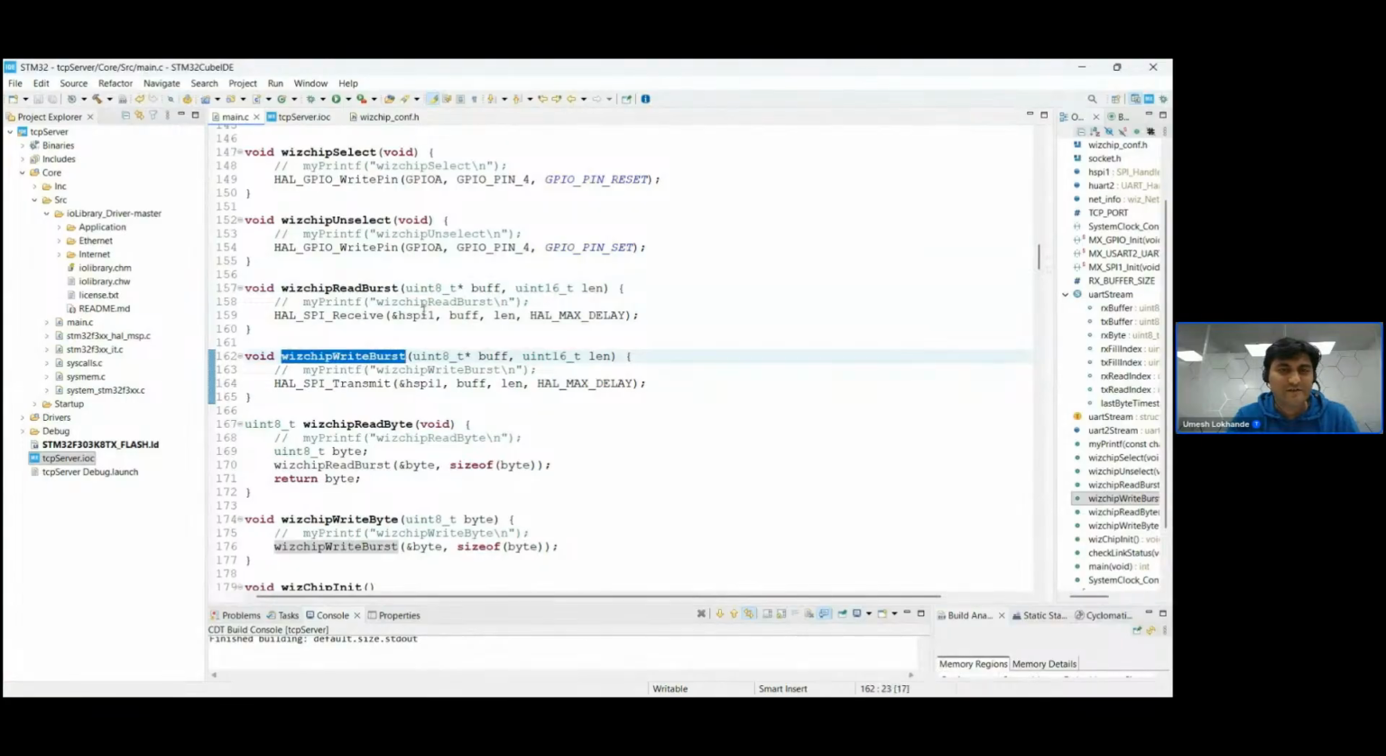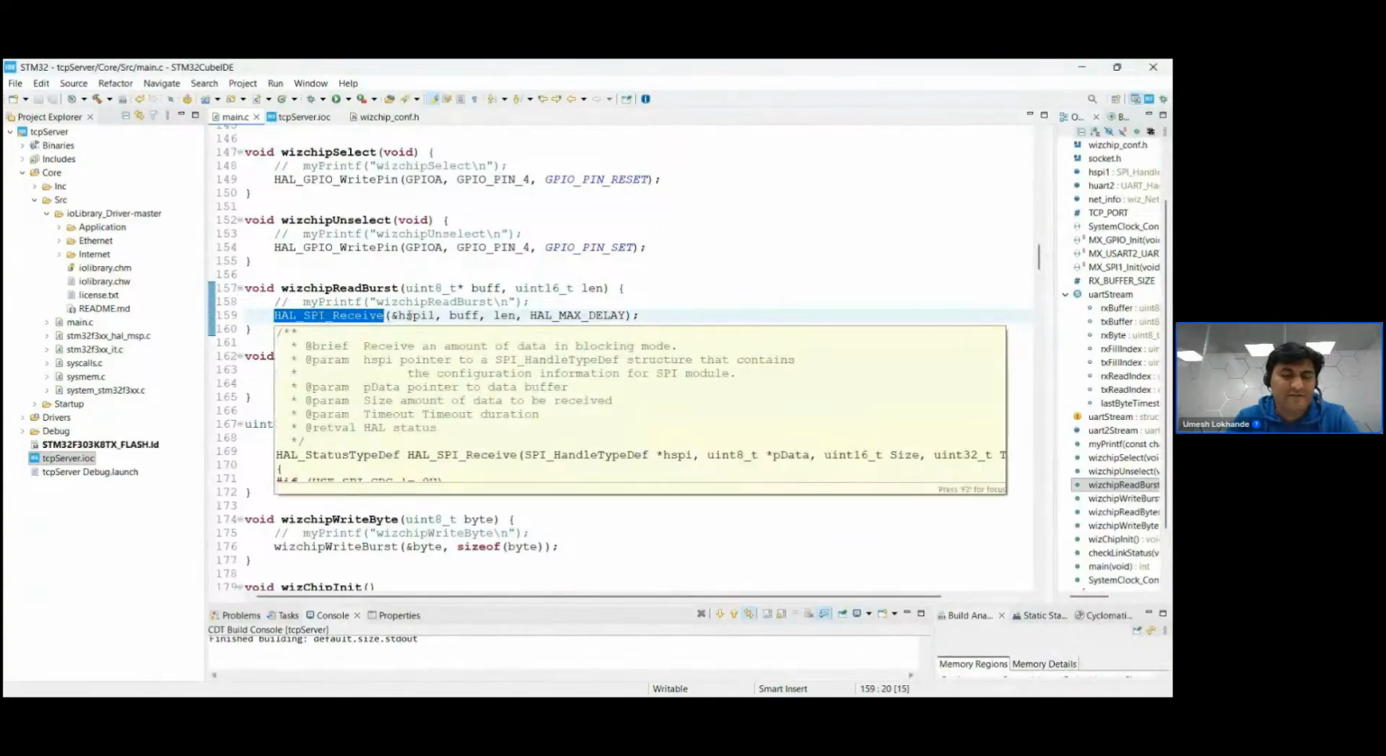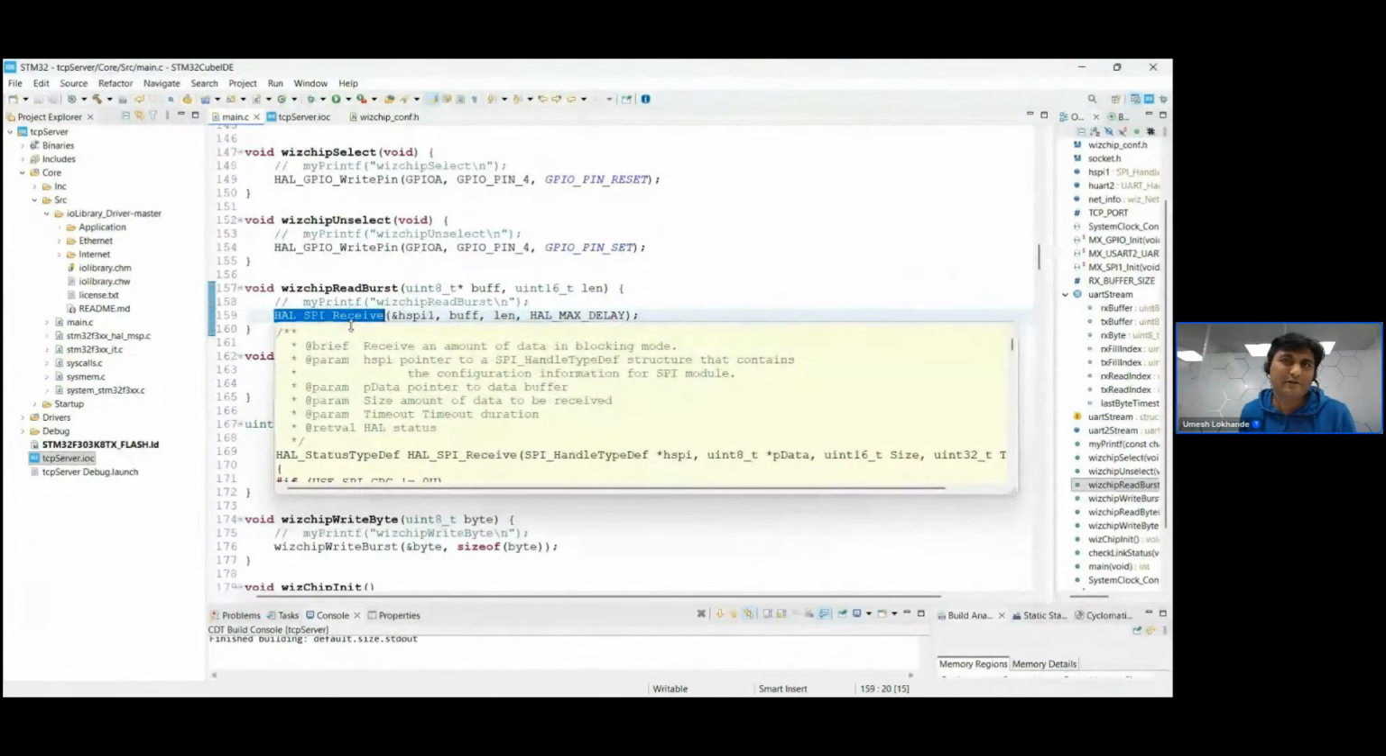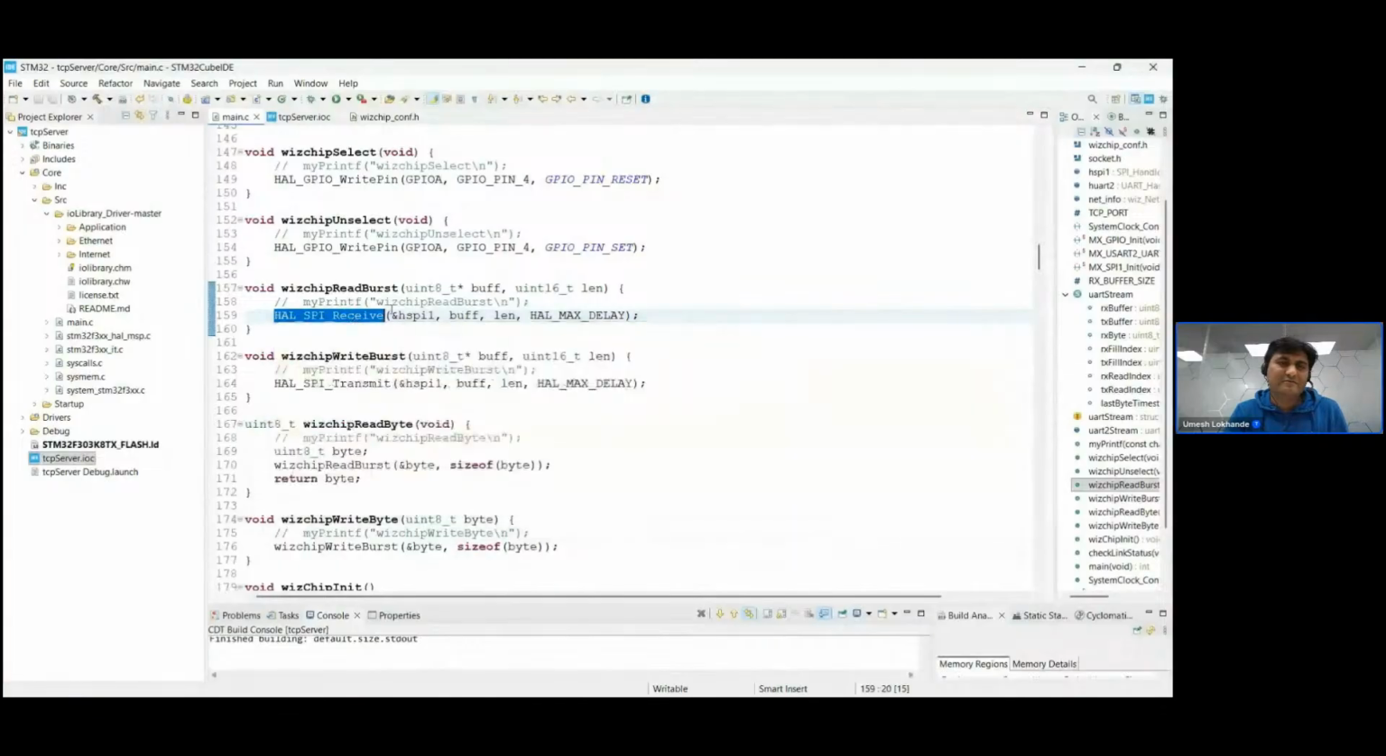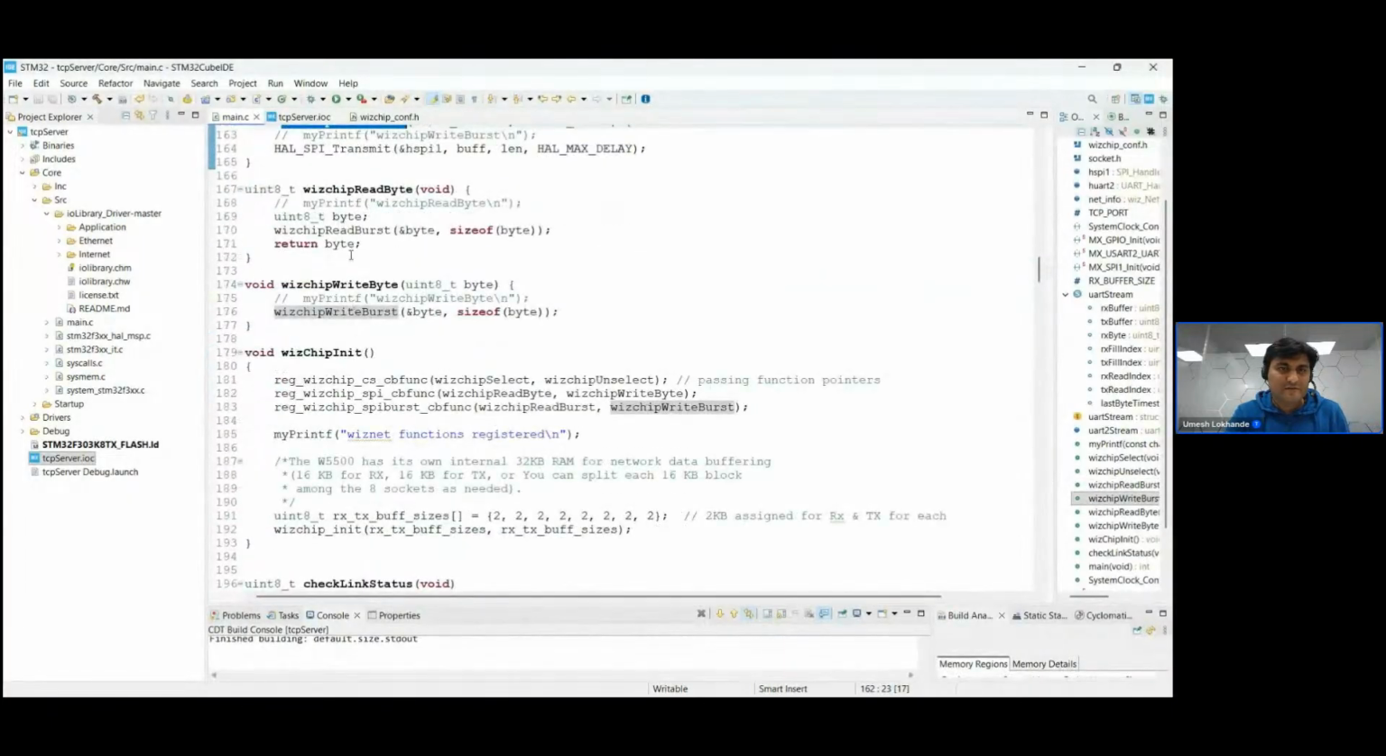Again, you see, we are just accessing the HAL SPI receive. So we are using the SPI low-level libraries from the STM CubeMX software, or Cube HAL API, I guess. But my point here is you can just write low-level SPI functions and then access this W5500. Okay, so this is for this chip: read burst, write burst, then read byte,